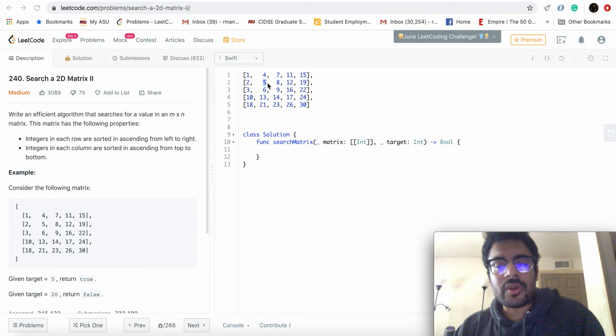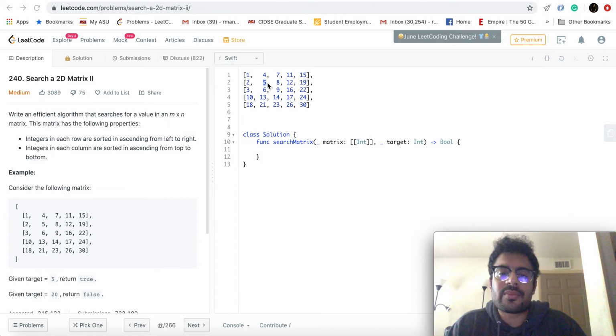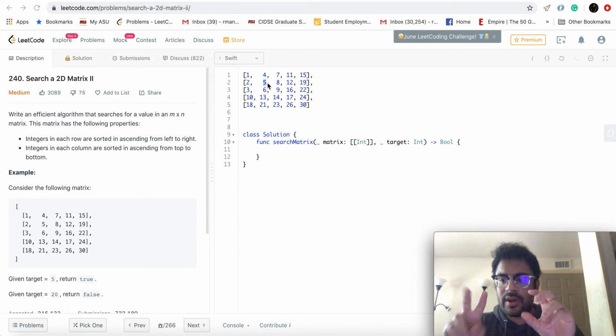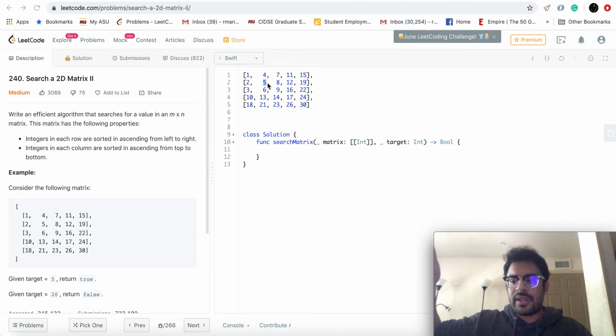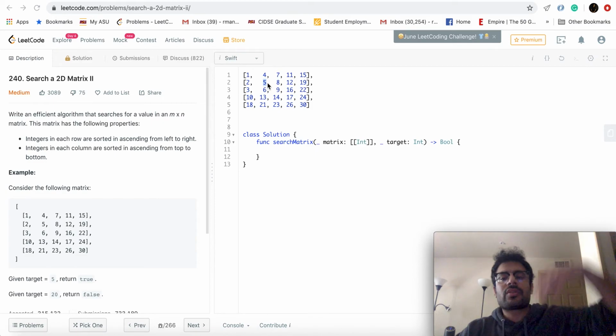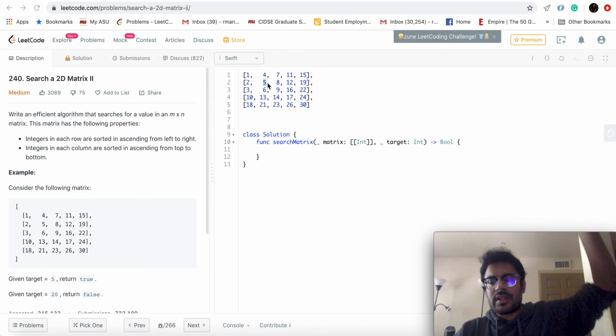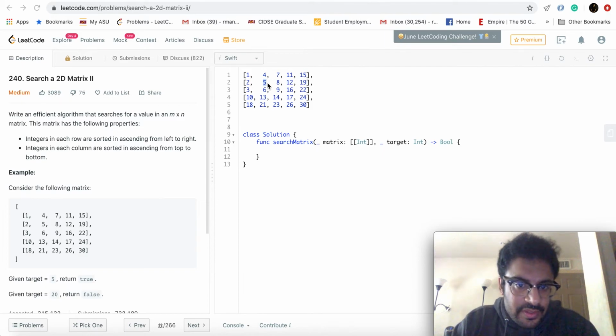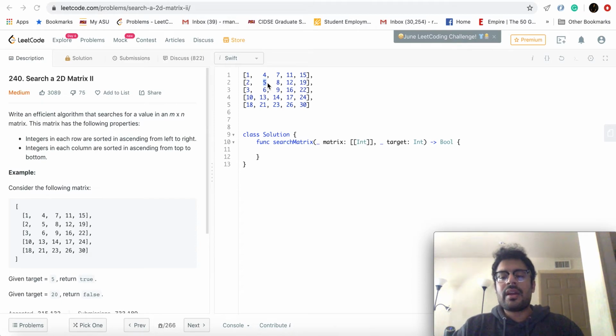So you can realize now that the order of complexity of this problem will be order of the maximum between two values, the number of rows and the number of columns, because that is the maximum you'll need to traverse in the 2D matrix, right? Because you either would have to go through all the columns to search, or go through all the rows to search, and the worst case complexity would be the maximum distance that you have to travel. That's why we'll take the max. I think that's enough to get started with coding this problem. This is a perfect medium level question with a short solution.